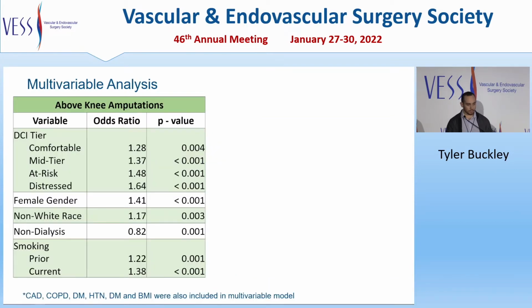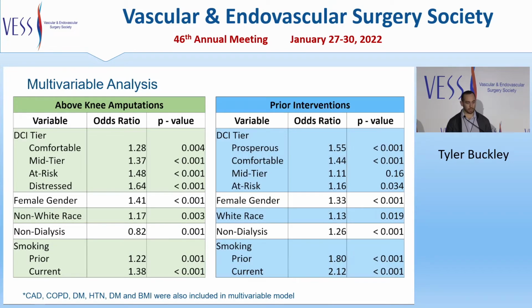Our multivariable analysis demonstrated that DCI tier is an independent predictor of above-knee amputation, with the odds ratio increasing as we go through to our more distressed groups. Female gender, non-white race, dialysis, and prior smoking were also independent predictors of above-knee amputations. And when looking at prior interventions, we see DCI tier is also an independent predictor of undergoing a prior vascular intervention, with our prosperous group having the highest odds ratio of 1.55. And again, female gender, white race, dialysis, and smoking status were also